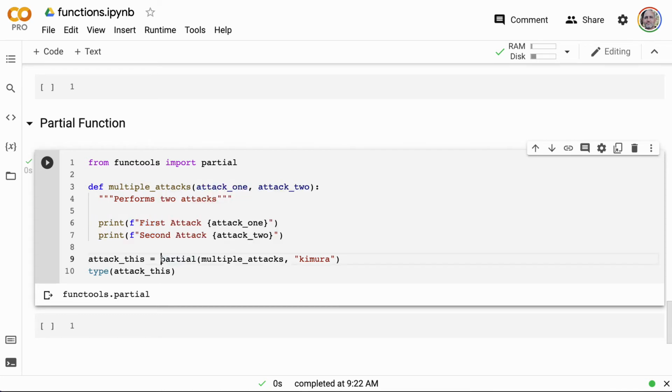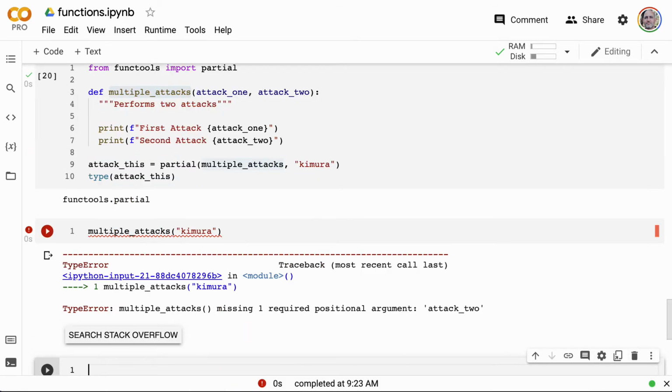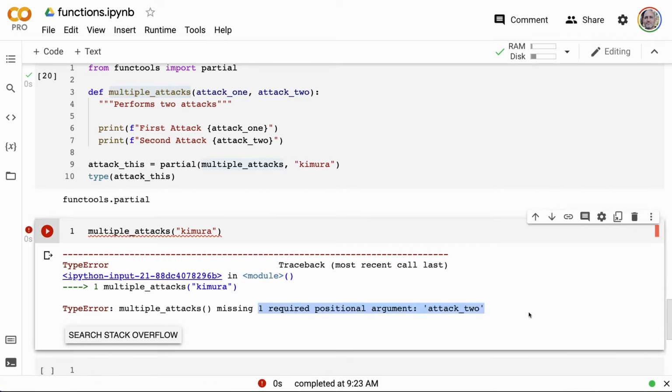Now, if I do this, if I say partial, notice that I was able to partially call the function. Because normally, if I did this without the partial, let's go ahead and run this. Let's see what happens. If I just say, okay, multiple attacks, and I put in Kimura just by itself, it's going to blow up. Because it says, look, it's missing a positional argument attack 2, right?